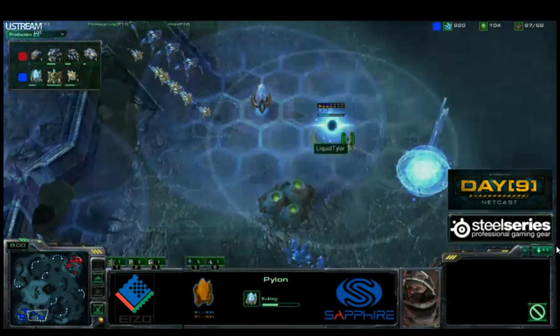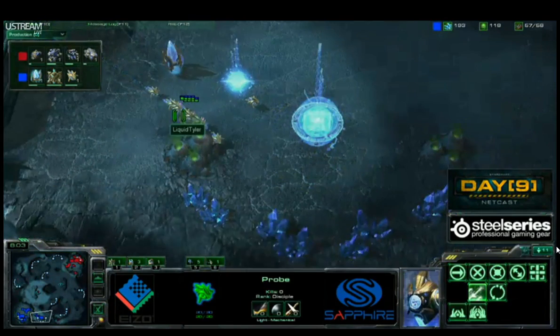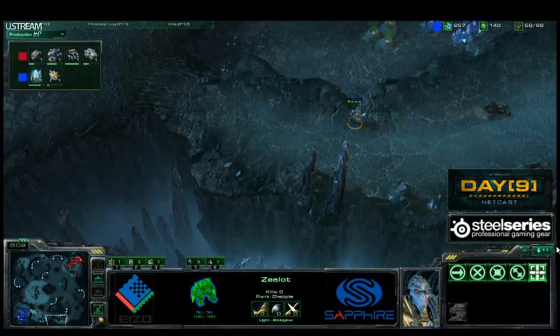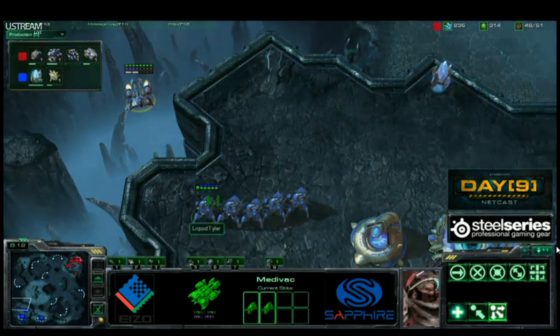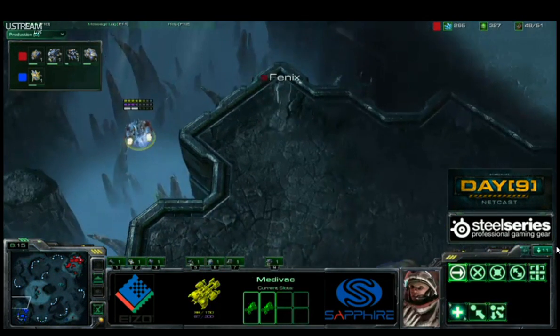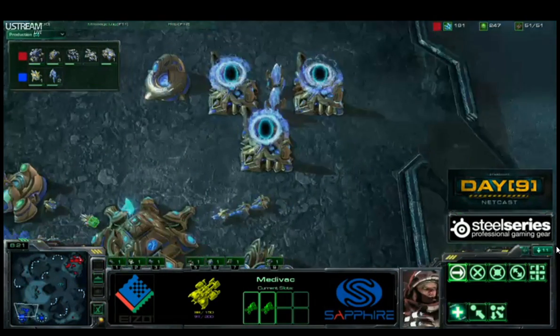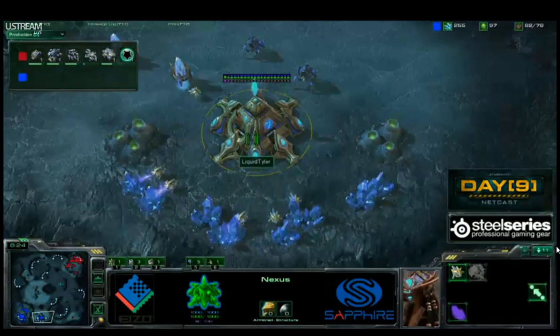Fenix inching around to the south side. Tyler now pulling back, sending more guys to his expansion, but there's this Hellion. Oh man, he manages to get snapped off by this Zealot, and here comes Fenix with the drop. Oh, he's actually not going to get it. Tyler decides to move 3 Stalkers away, and the drop does get away, and the Cloak is being upgraded for